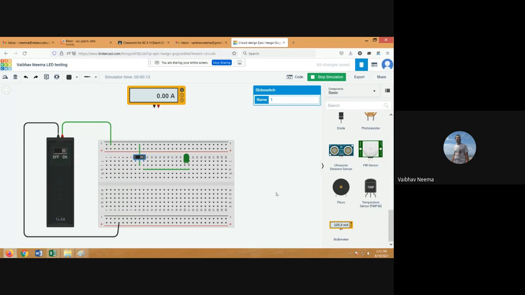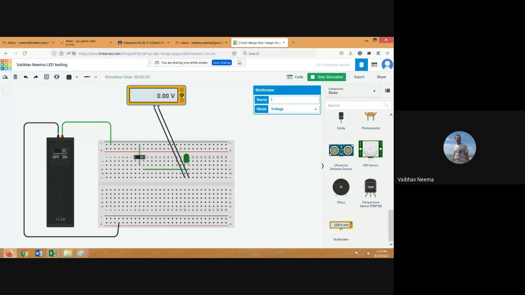So how do you measure that and how will you resolve that kind of problem? You can resolve it with the help of this multimeter. You connect the positive terminal of the multimeter here, and the negative terminal of the multimeter with the second leg of this LED. And we'll try to get this.